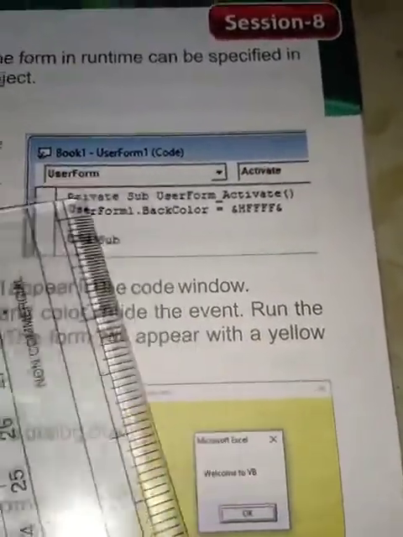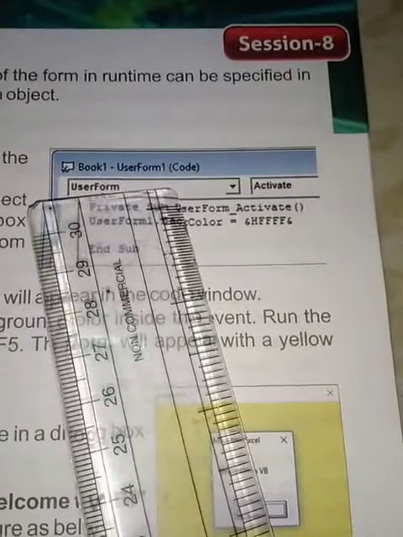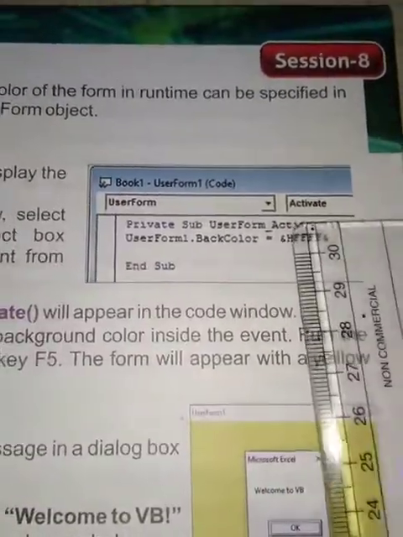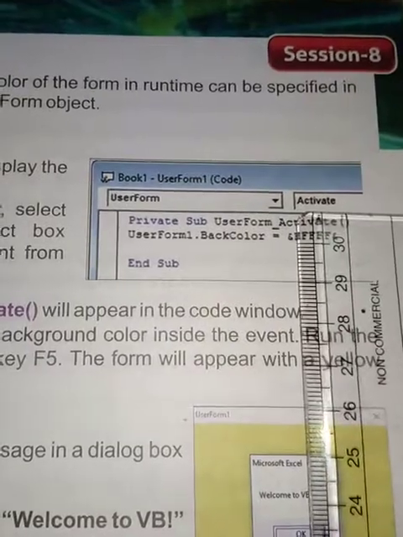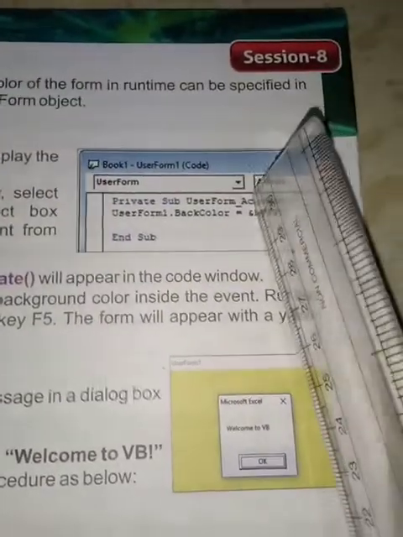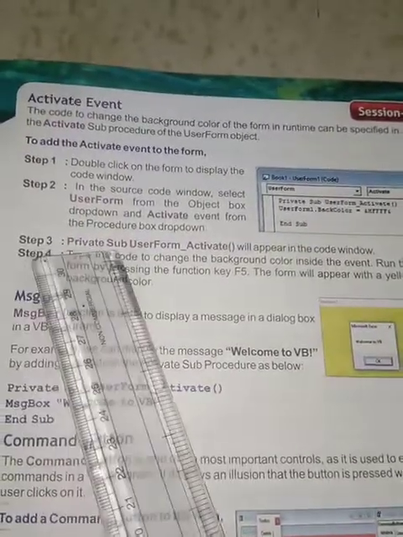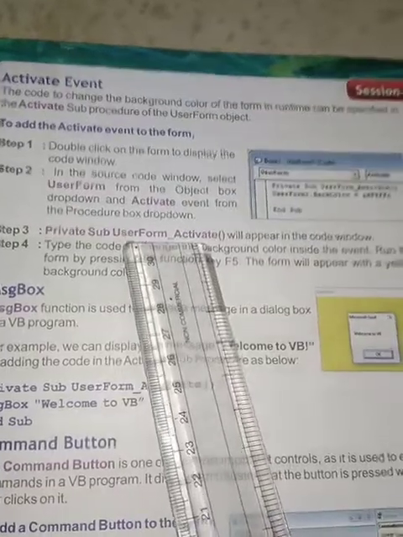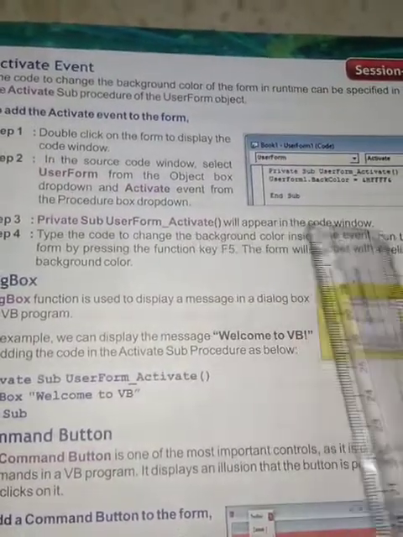In the source code window, in the object box you have to select user form, and in the procedure box you have to select activate. Next, Private Sub UserForm_Activate will appear in the code window. That is the first line.